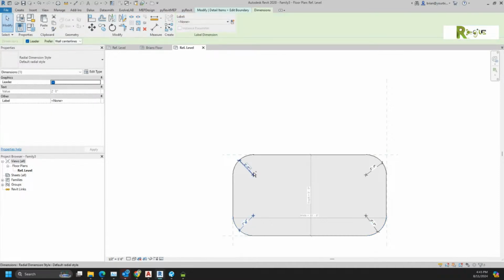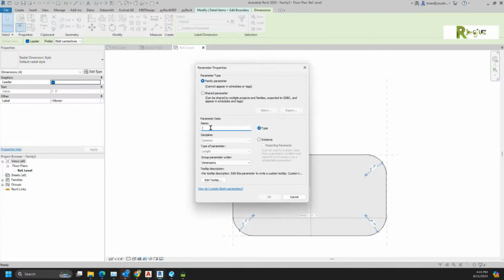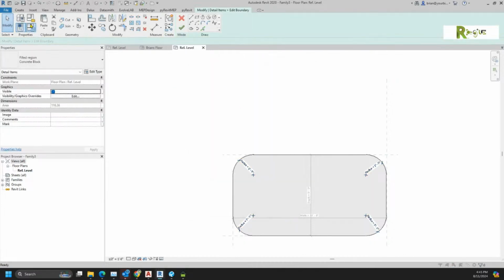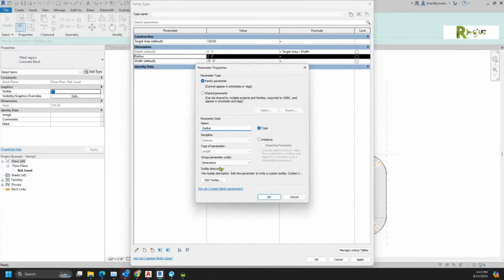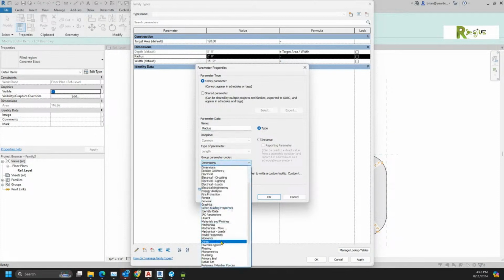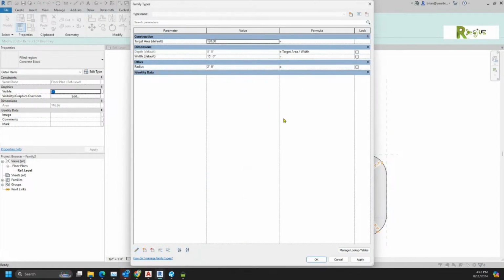We can pick all 4 of them, and we're going to call this the radius. And then I let radius stay in dimensions. Typically, things that are going to be calculated for me, I put them in the other category so they fall below everything. I'd probably do the same thing for the depth. But what we need to do is tell the computer